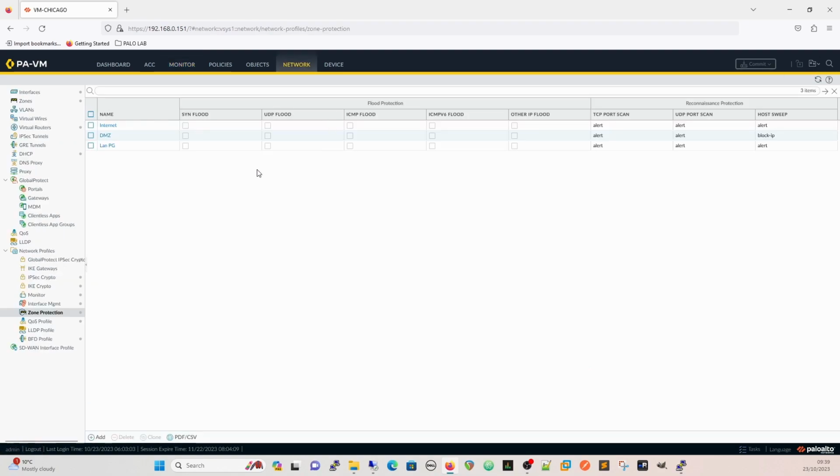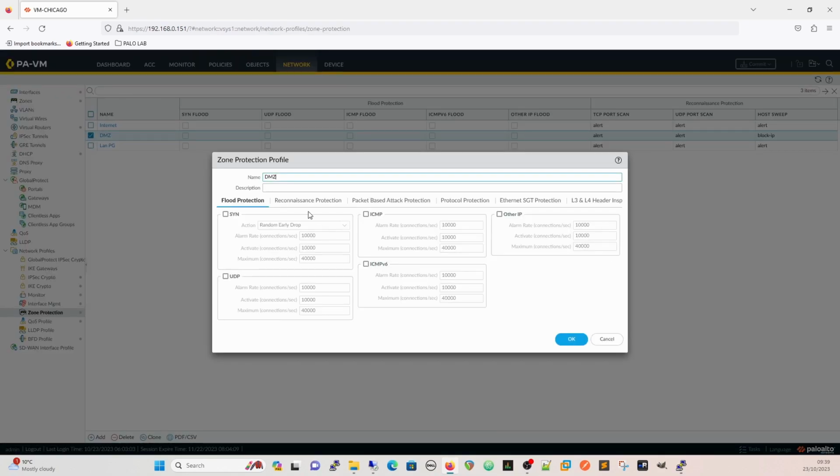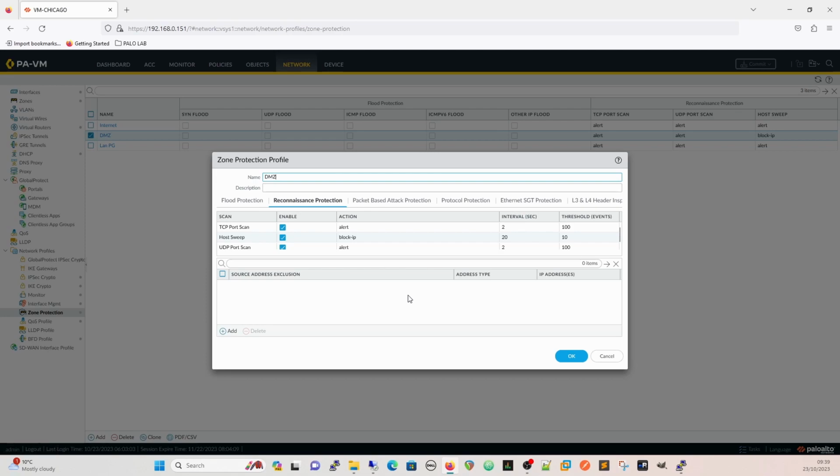What I would tend to suggest is that these settings are going to be very specific to your organization. It may be too sensitive, depending on what goes on in the network itself. If you have a lot of engineers or people doing a lot of testing and troubleshooting, that may potentially be too sensitive, and it might start blocking legitimate traffic. However, what I'd be tempted to do, rather than just leaving it to chance,